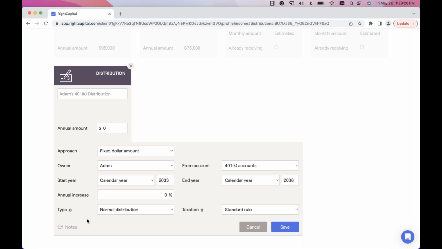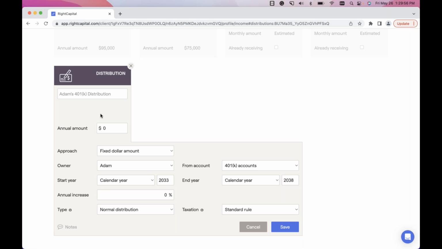Then we tap into their tax deferred, and lastly, their tax-free bucket. So an income distribution card allows you to override that standard withdrawal sequence and tell RightCapital the time frame on where they're pulling from, maybe a different account bucket. So right now, just as a default, this is coming from the client's 401k bucket from 2033 to 2038, just as an example. So I can title this whatever I'd like, but maybe the client is pulling from their 401k